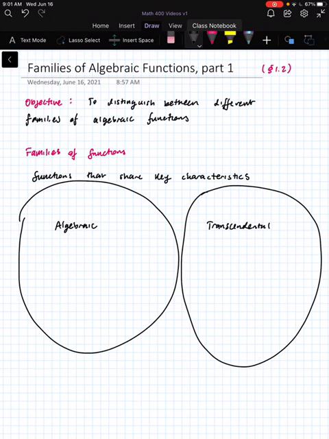I mean, we're talking about infinitely many. But algebraic functions can be described using algebraic operations. We're talking about your standard 4 binary operations, square roots, raising something to a power, nth roots, absolute value,